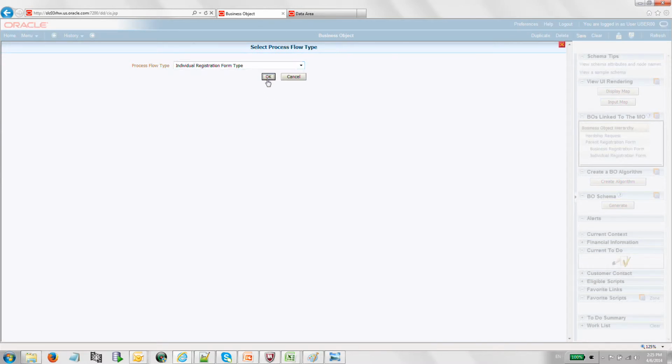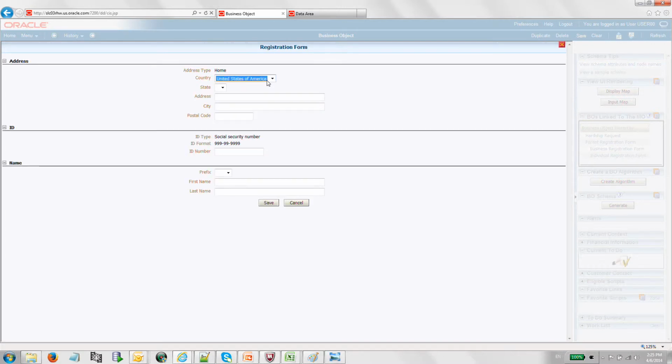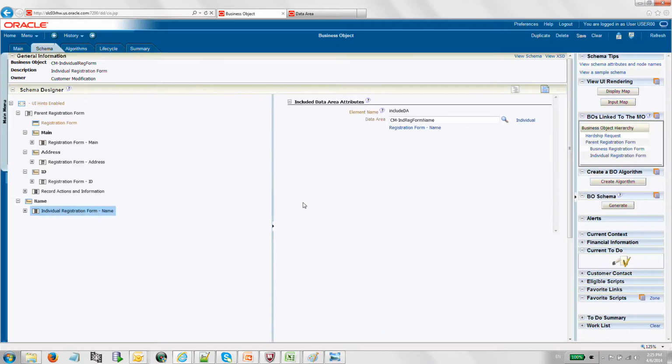You will see that if I look at the individual registration form, the name section is defined at the end. I can't define the name section between address and ID. I have to either put it at the bottom or the top, and the reason for that is because the